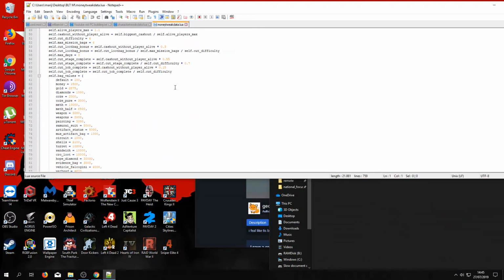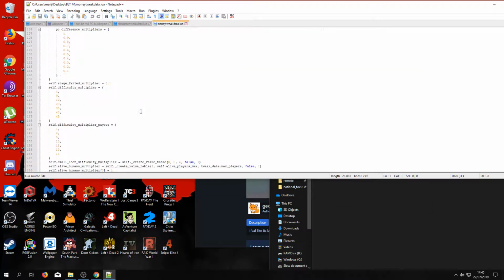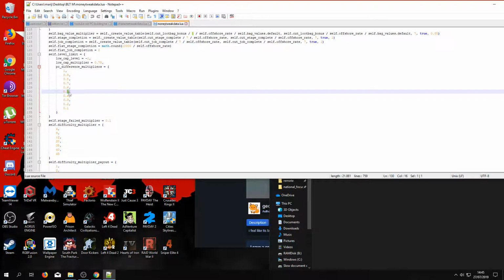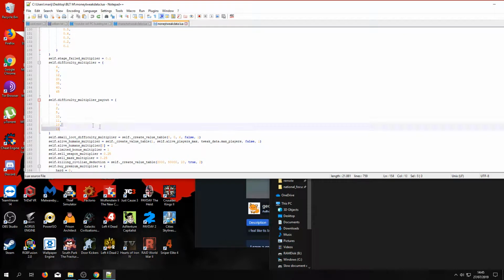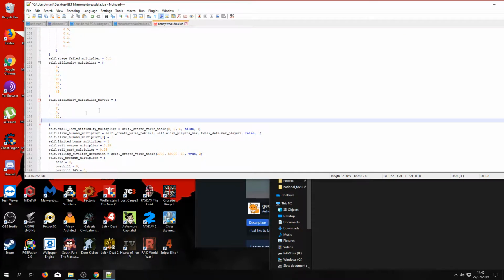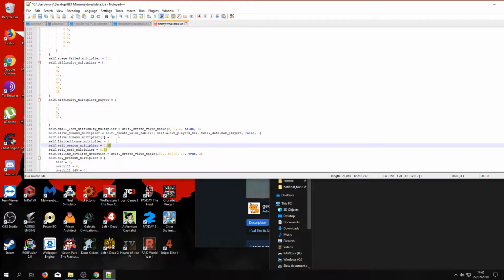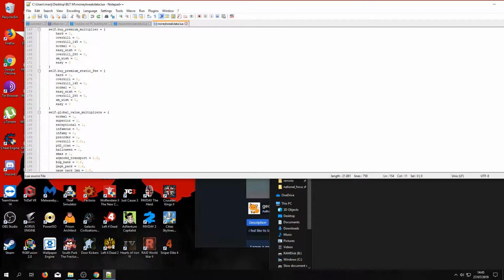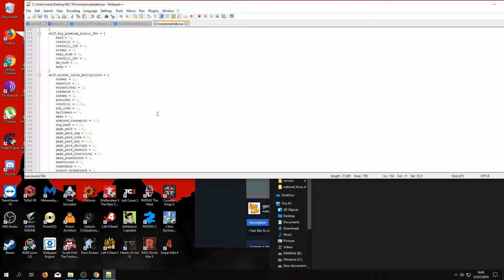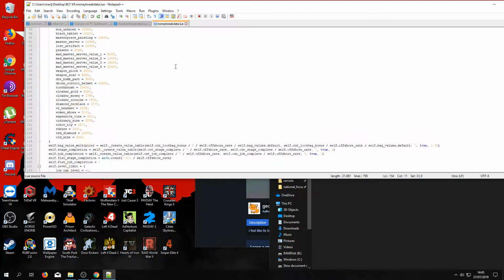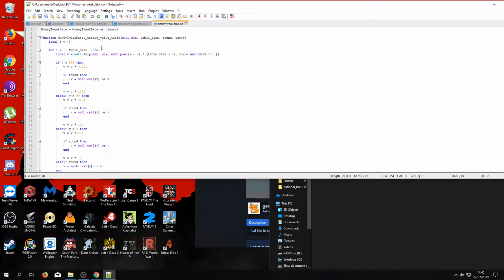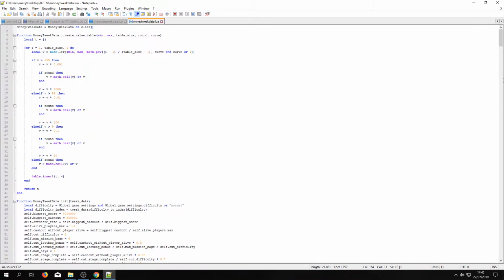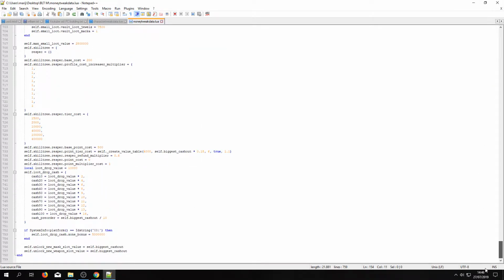So what we can do to mod this file that we dragged in there is we can just edit parts. So let's say I want its number to be 45. But there is one big downside on editing files like this, because you cannot just remove files. I cannot say, well, I want this gun and I will only want this set. You cannot do that. So I could just change values in here, but I cannot go cut functions out, because when you just copy a file in here, it will override the entire file, which is quite terrible if you are overriding a massive amount of files or very big files.